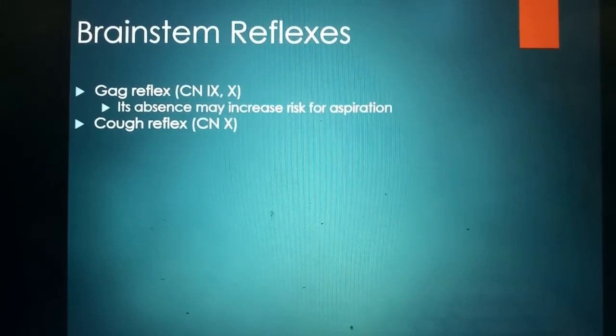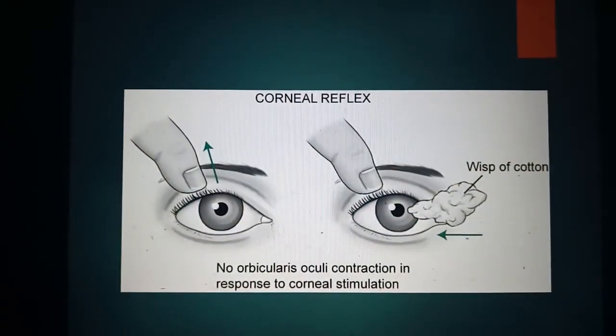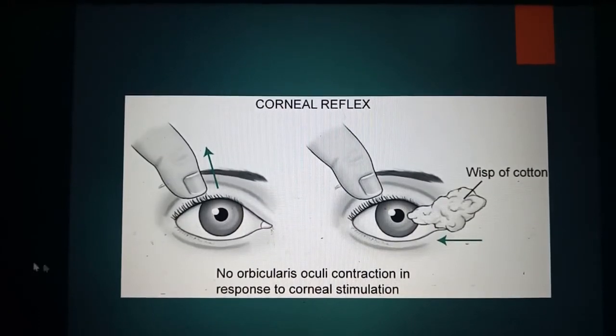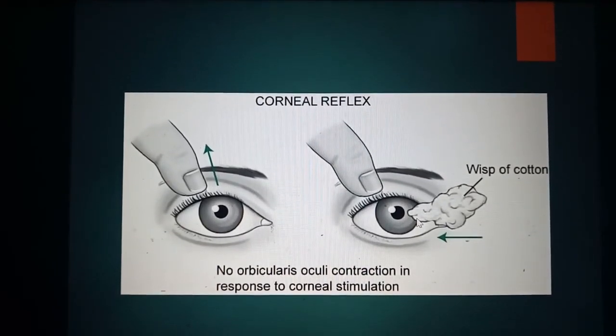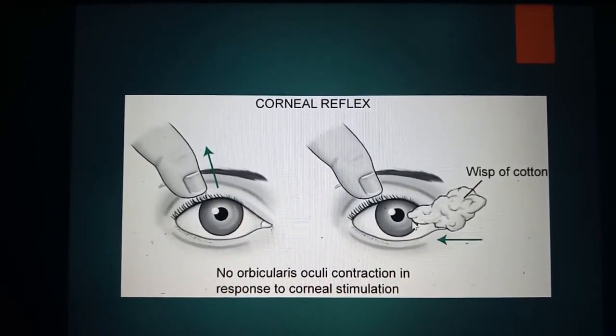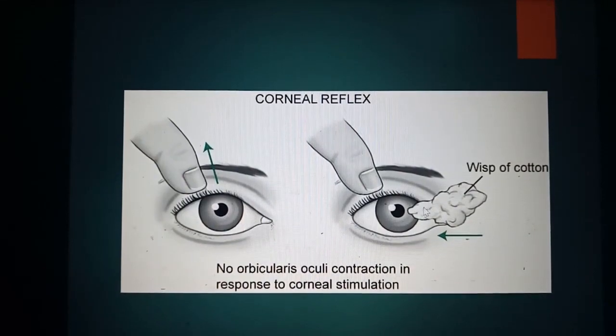These are all brainstem reflexes. And the corneal reflex, you check the cornea, which is the black part of the eye. You use a cotton wool and you touch the cornea, and if the person closes the eye, they have corneal sensation. A person who doesn't have corneal sensation will not even close the eye even when you touch the